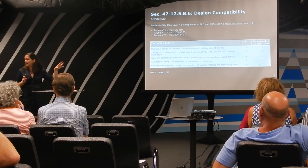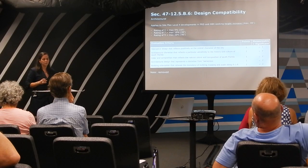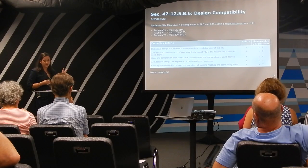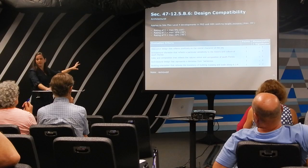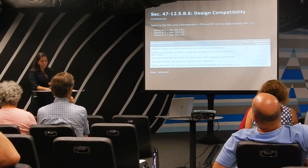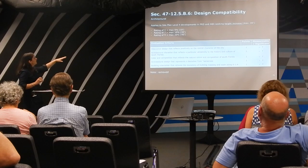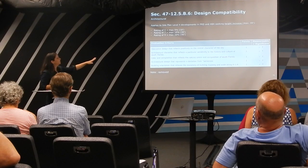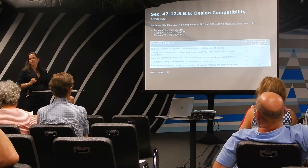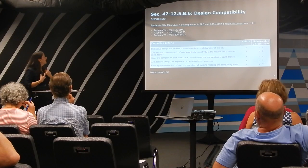Actually, this table right here is the existing evaluation criteria for the height bonus provisions. Because I talked about how ambiguous it is, the first 5 criteria for obtaining height bonuses are specific about the architectural character of the building. The first one says, if you provide distinctive design that reflects positively on the overall character of the city, you get a point. That specific criteria is very hard to measure, and it's incredibly subjective